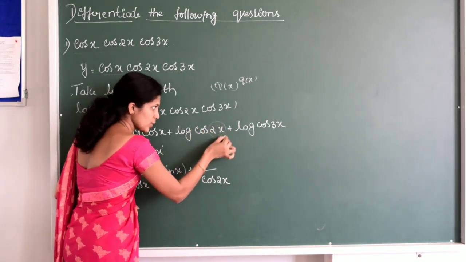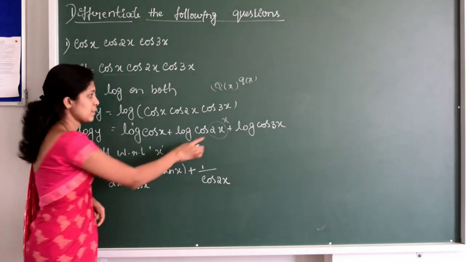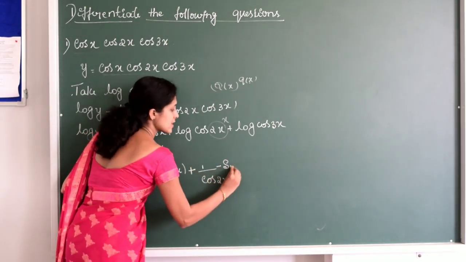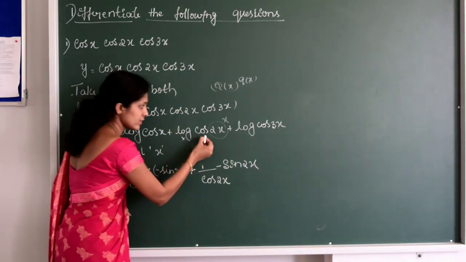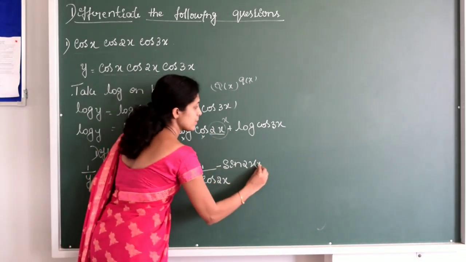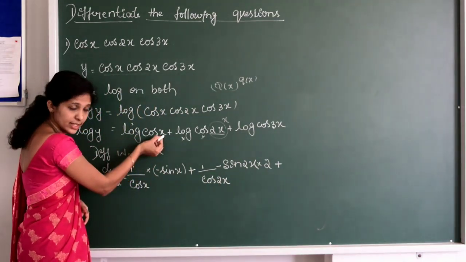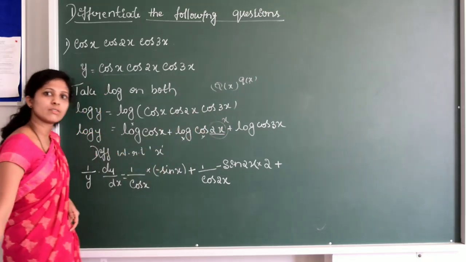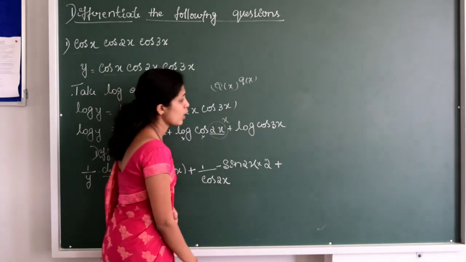Now cos 2x is there, you have to consider this as x. Derivative of cos x is minus sin x. In the place of x, here we have 2x. So this is now minus sin 2x. Is it clear? Here we have done with logarithm, we have done with cos. Now we have to differentiate this 2x. Derivative of 2x will be equal to 2. I hope you understand this one. So see here, the derivative of x will be 1, so no need to write this one. But here 2x is there, so derivative of 2x will be equal to 2, plus again log cos of 3x.